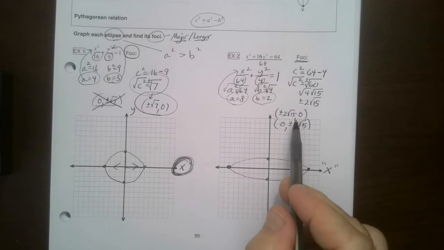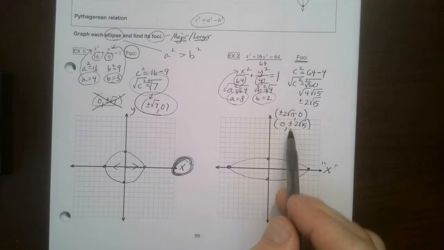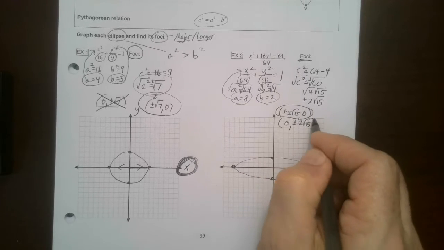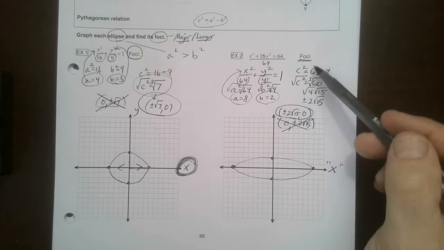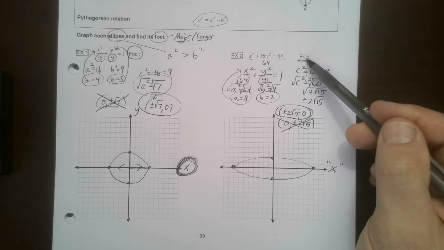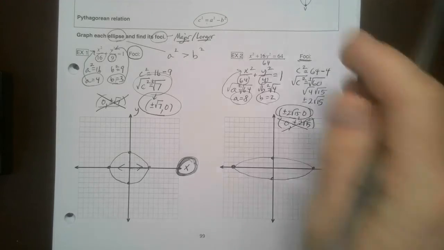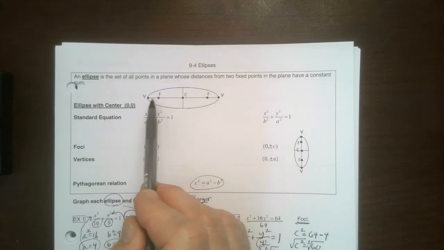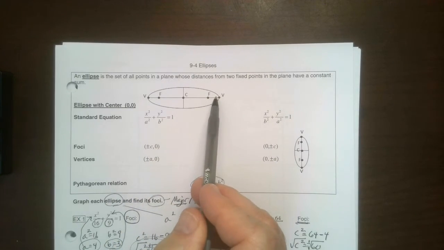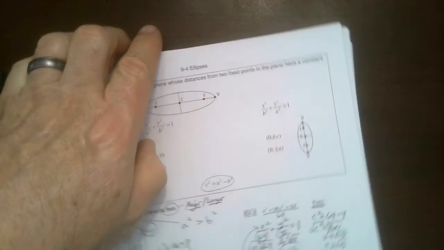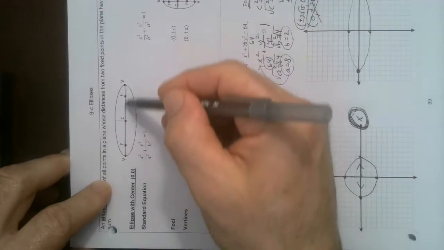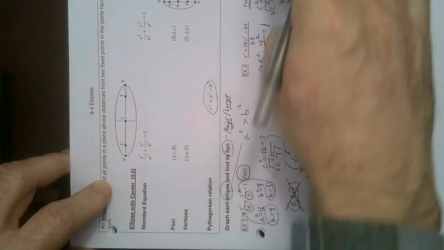And I can answer that by saying, well, which one of these ends up on the x-axis? And it's this one. Why is that important? Like I said, your foci are on your major axis. It just is. You can look up here at this drawing. See the F and the F? It's on the major axis. So if you tilted this thing like this, now your major axis would be your y-axis if you thought of this as your x and y. But anyways,